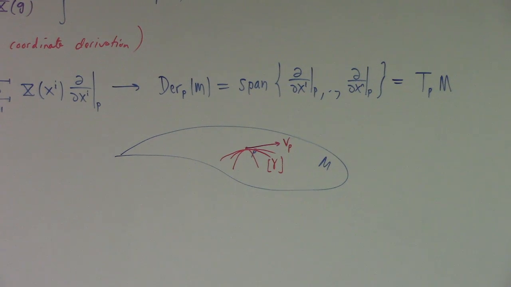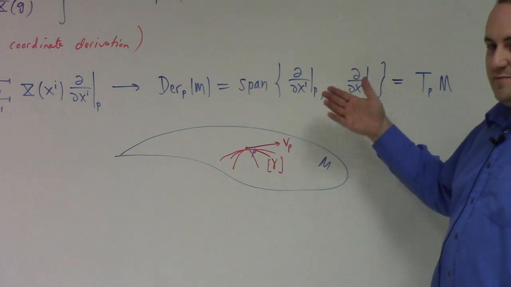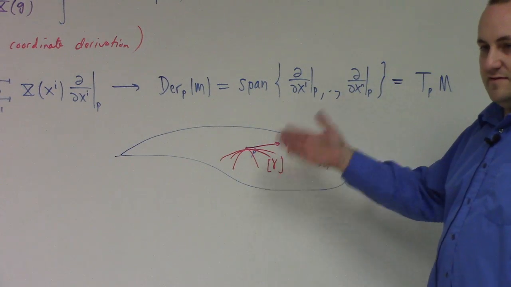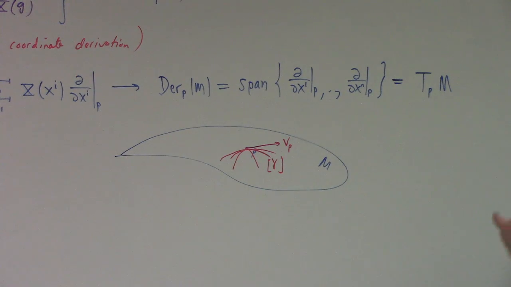When I took a course in manifold theory, we spent like a week proving that the space of derivations is interchangeable with the equivalence classes of curves, which is interchangeable with the set of objects which transform contravariantly. There are different viewpoints of the tangent space. All right, so